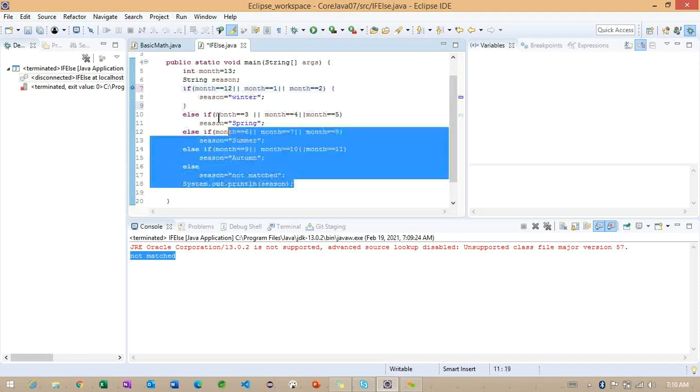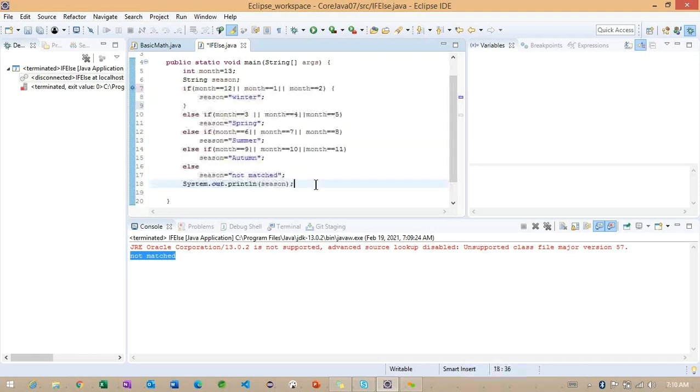This is also very important in real-time application development. We are going to use it more and more, right? Not only with int data types and strings, we are going to work with custom data types here, something called address, person, member, getting the point? Based on that, we are going to create this particular if and else conditions.